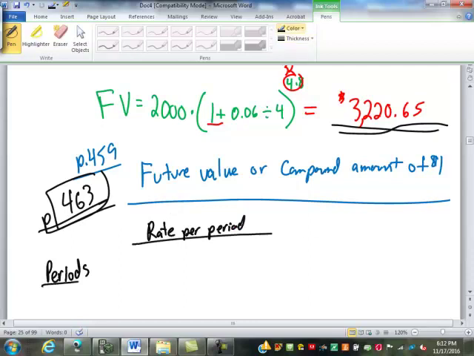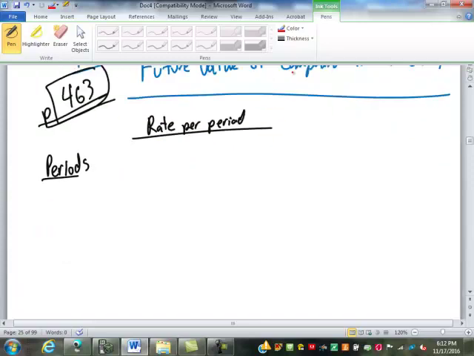So this last example we did wouldn't even work in the table because how many periods are there? Well, 4 times 8 was 32 periods. If you look at this table, it doesn't go up to 32. Yeah, it is very convenient. So let's look at an example here that will work on the table so we can see how the table